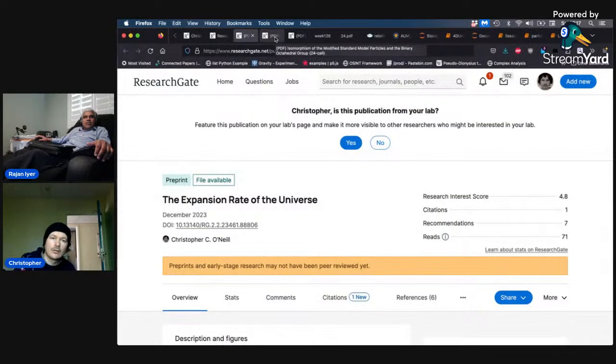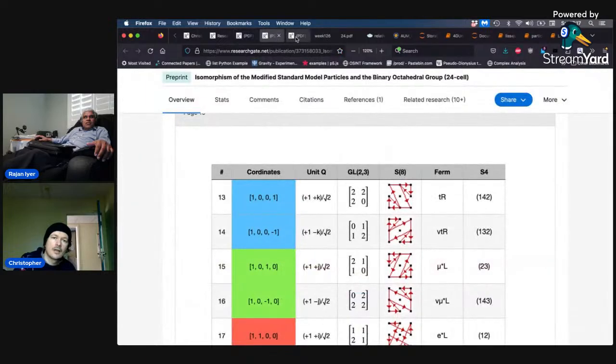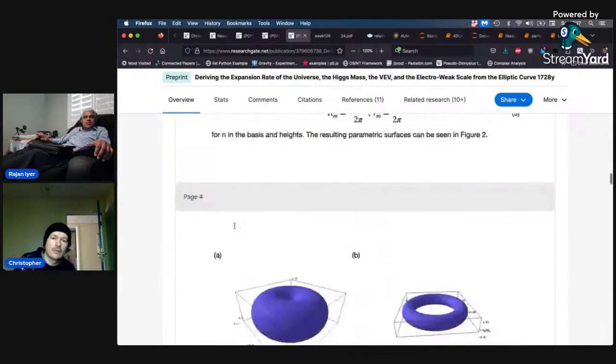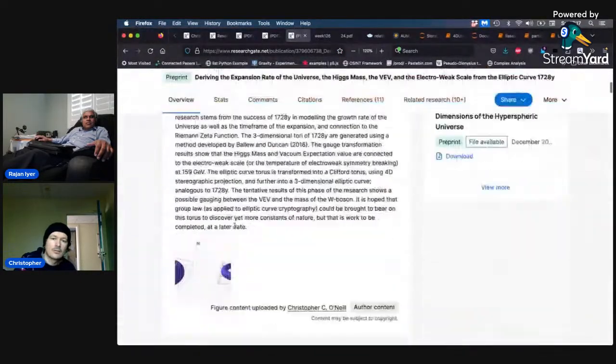So what are we looking at here? So it's previous work. We should go over that a bit. Just look at what the